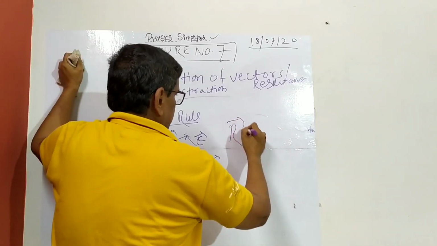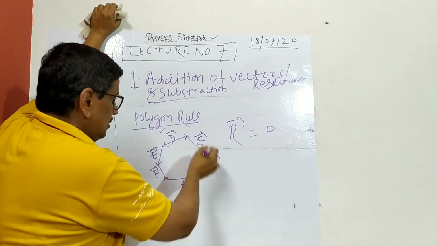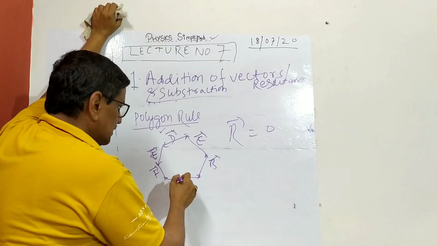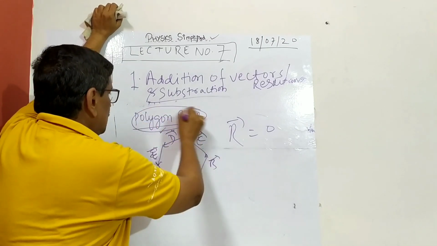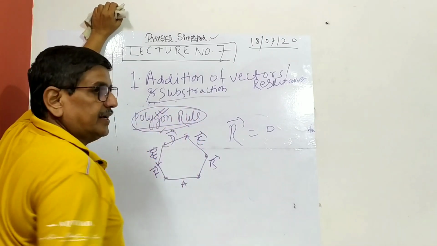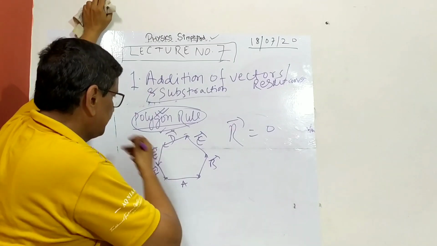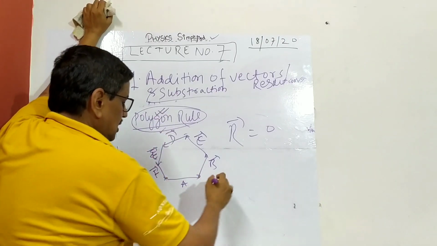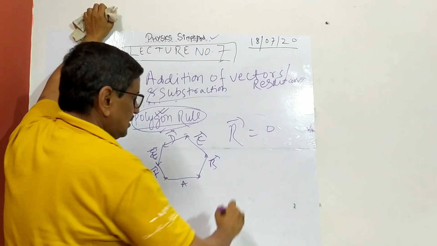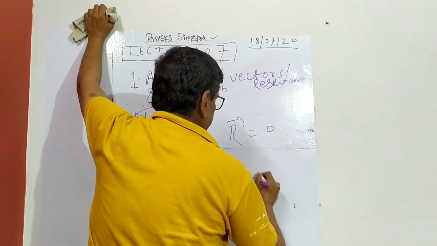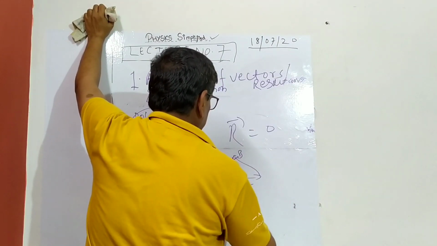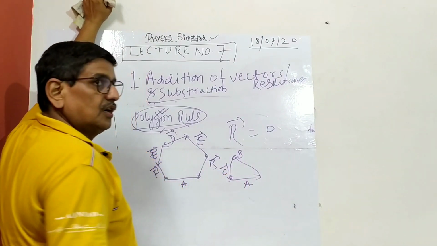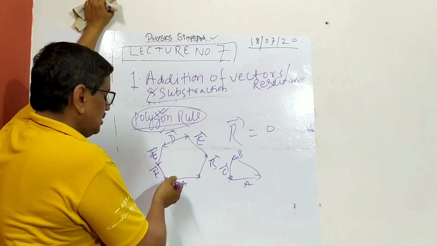The resultant will be 0, because if this is a closed curve, if for a particular position all the vectors are drawn following the polygon rule, whether it is a hexagon or pentagon or something, maybe 4, maybe 6, maybe 3 also, A, B, C also you can say, 3 vectors. So A, B and C, the resultant is 0. You can always say A plus B plus C is 0. There is no need of magnitude or direction also.